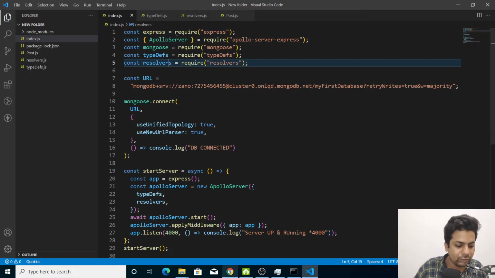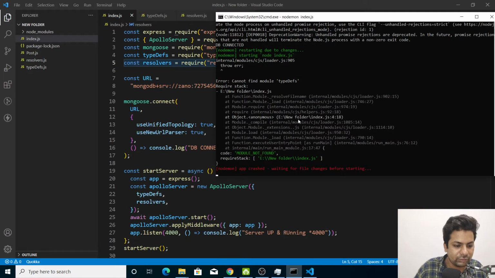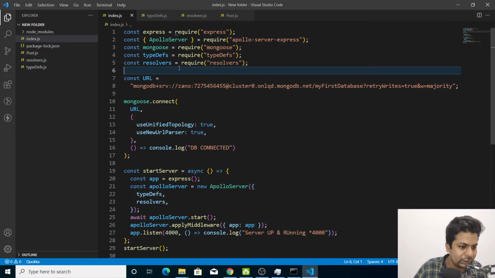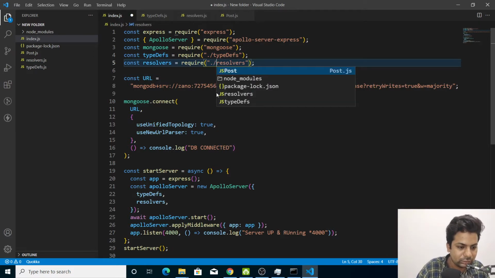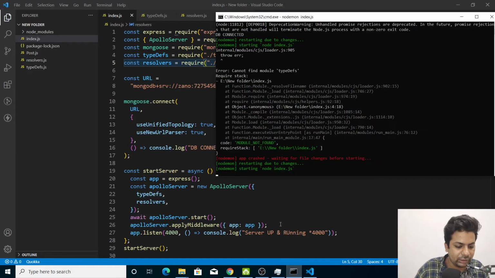If I check it out, it says cannot find module typeDefs, so it can't find the module. Why? Oh, I have to give the path like this. Save it, let me check.